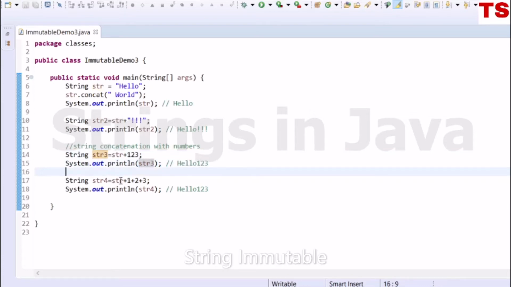Now let's look at this example, str plus 1 plus 2 plus 3. In this case, string str, that is hello, will be concatenated with 1, then with 2 and then with 3. The first time, 1 will be converted into its string format 1 and concatenated to the string. So it will be hello 1,